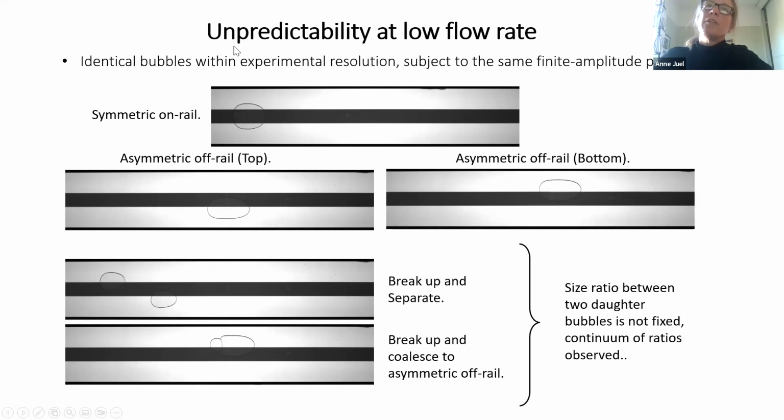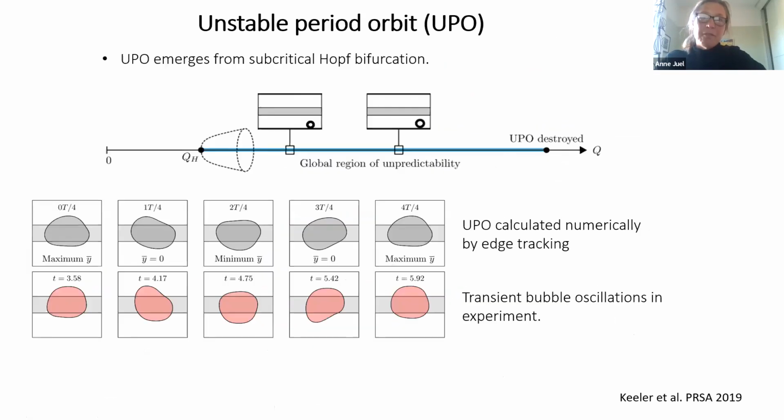But essentially, it means that for all intents and purposes, the outcome, even at low flow rate, of what the bubble is going to do in the long term, is unpredictable to within experimental resolution. So with that, I'll just finish